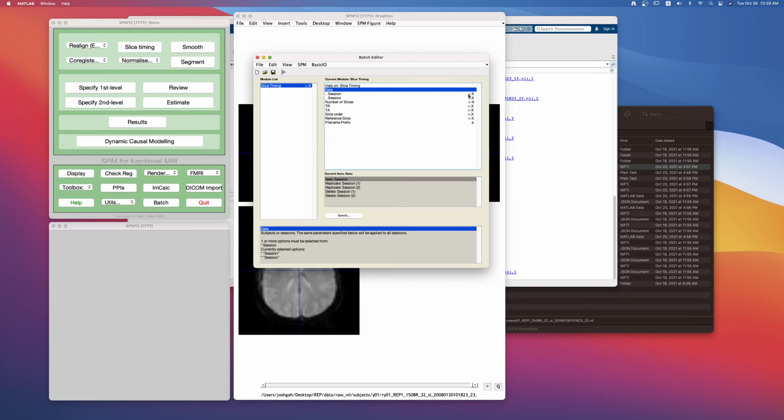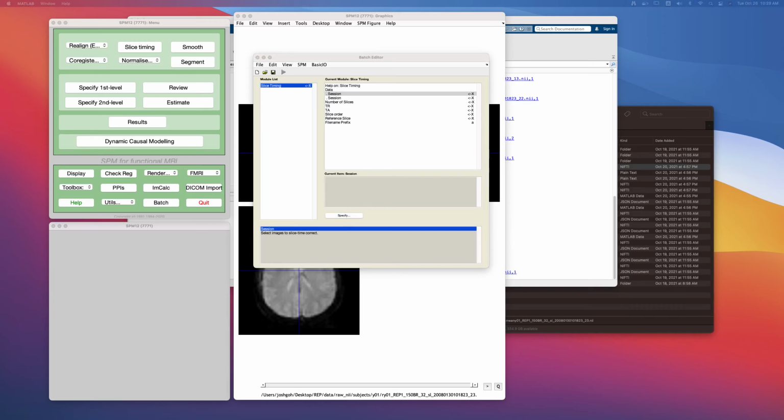And then we have to go ahead and specify which data we want to apply the slice timing on for the first session. And that's going to be the motion corrected resliced EPI images, right? With the R prefix in front, if you recall from the tutorial on realignment. After realignment and doing reslicing, the EPI images would have a R prefixed in front of their file names. So that's the series of data that we want to select in here. So let's go ahead and do that. I'm going to click specify,